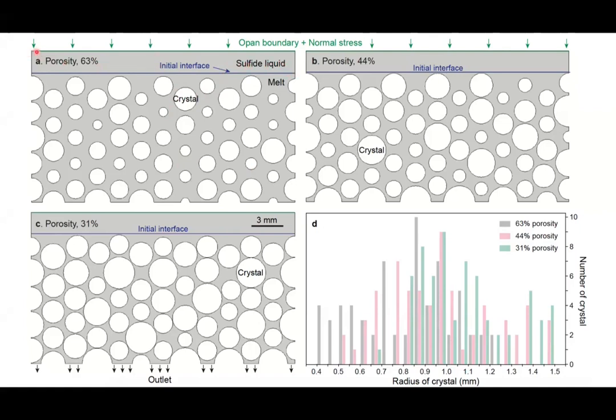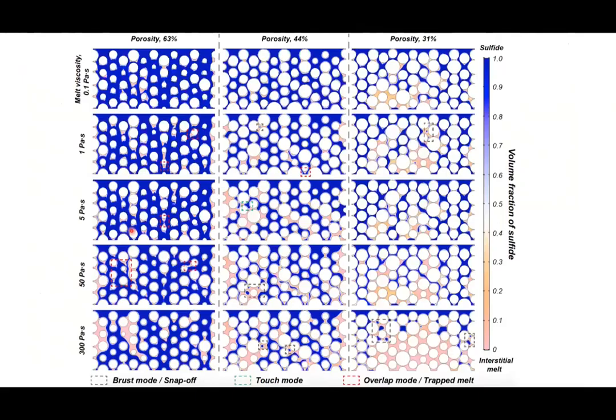And here, the top is the open boundary. I just add some stress and some pressure here. This means if there is a 1 meter sulfide liquid pool here, we can give the corresponding pressure along this boundary, so we can add 1 meter of sulfide above these boundaries. And we also changed the porosity, 13.3, 14.4 and 31 porosity. And here is the result.